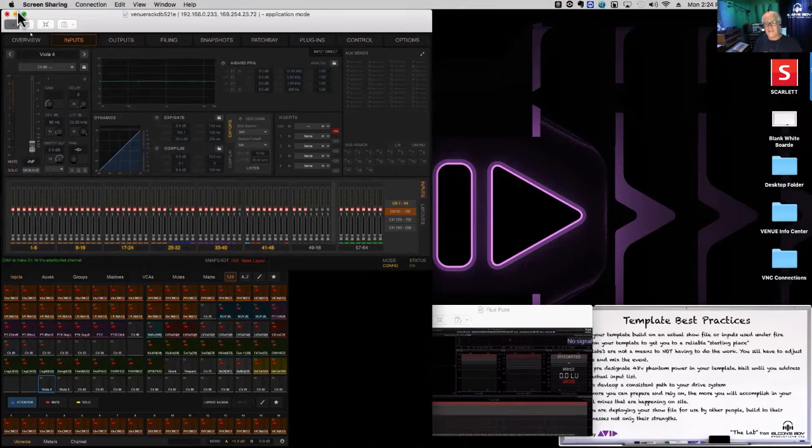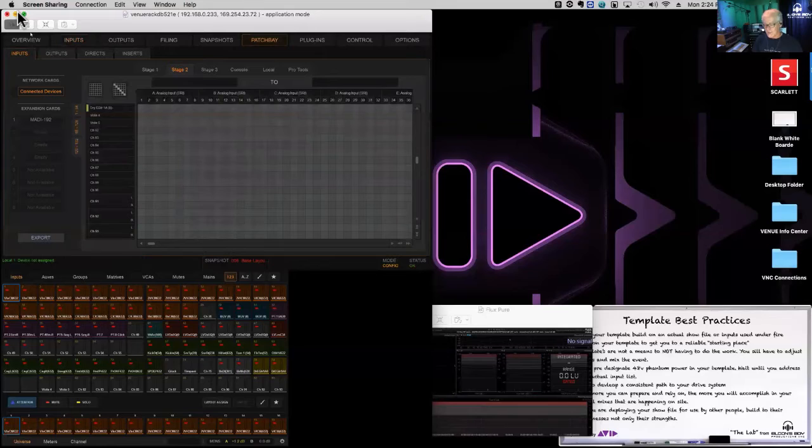Channel 1 is going to be patched from Snake Channel 1. Channel 57 is going to be Snake Channel 57. Right on down the line. It allows you to leave this one-for-one as you're working, and it becomes much easier to patch and much easier to troubleshoot, right? So even if we go now to this second set of patches that we've made on Stage Rack 2,